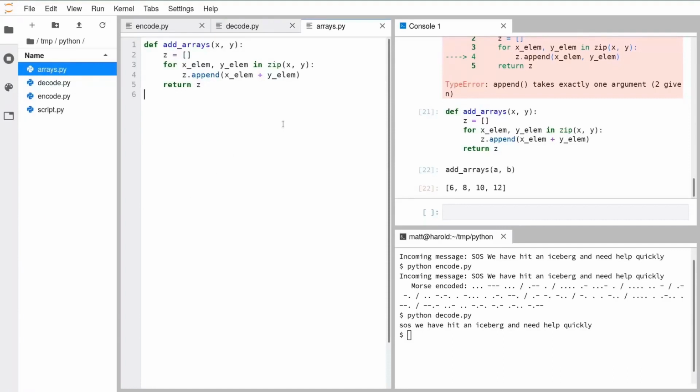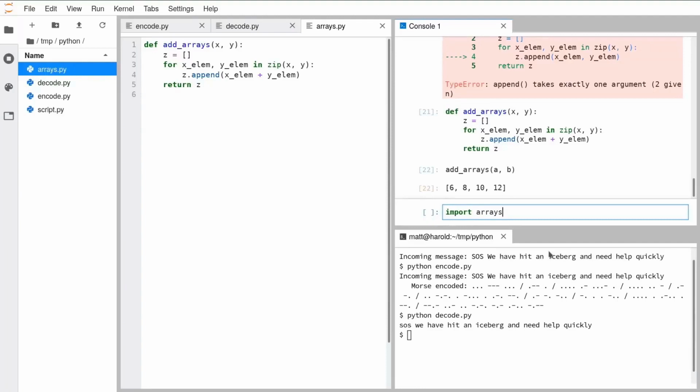To turn a Python script into a module in Python requires no work whatsoever. We have our arrays.py, which has inside it a function. That means we can go to our console and we can write import arrays. You might have seen import used when you're working with, for example, NumPy or pandas or other third-party modules that you might have used before in Python. But this allows you to write your own modules, which you can put in functionality which you want to use